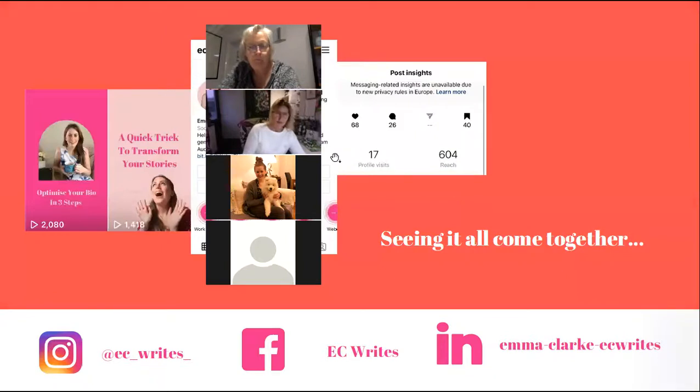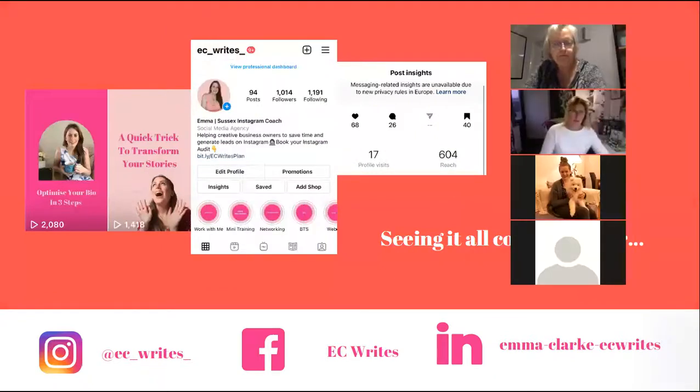So seeing all of it coming together. We spoke about obviously having a content plan. When you have a content plan, what I would say to you is you don't need to post every day. So you don't need 30 ideas, for example. You only need 15 ideas. You can post every other day. That's the first thing. The next thing is, if you're coming up with three or four pieces of content a week, don't forget that you can rinse and repeat.